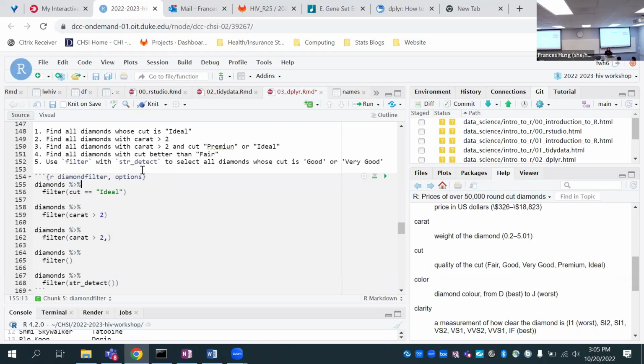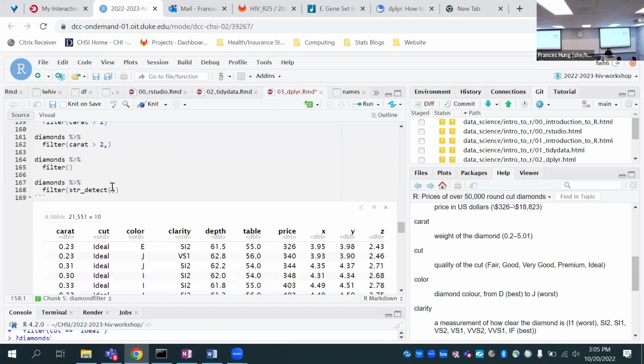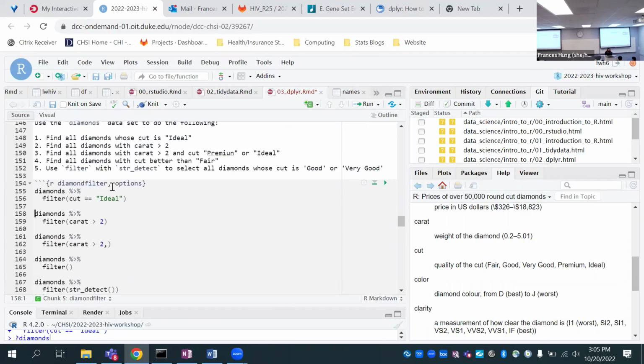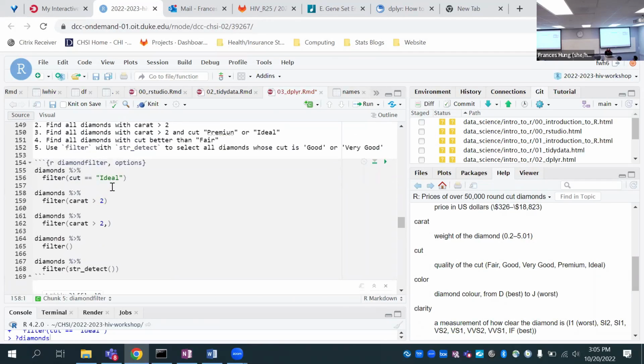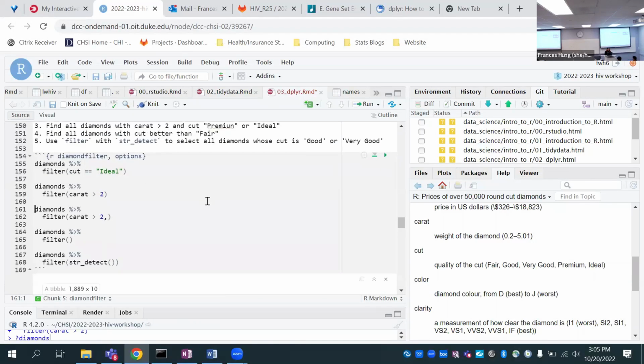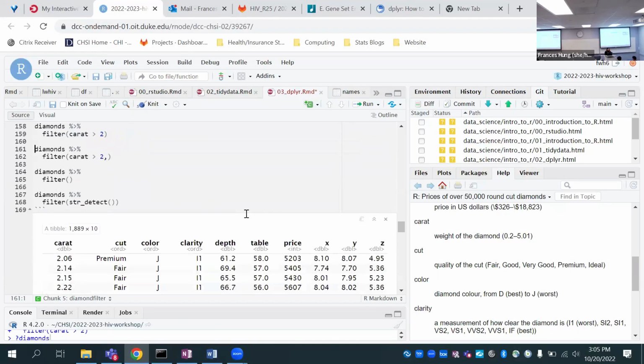So here, if you want to find diamonds whose cut is ideal, we're going to filter for cut equals equals ideal. So now let's find diamonds with all carats more than 2. So these are large diamonds, or fairly large diamonds. We can just do filter carat more than 2.